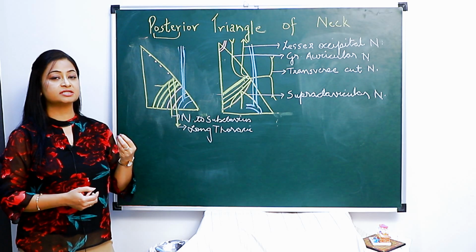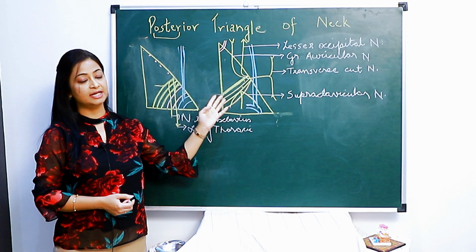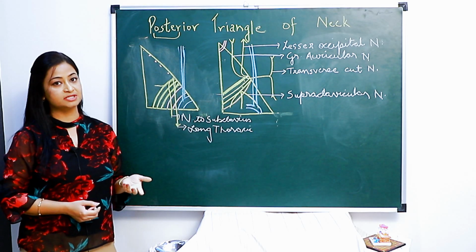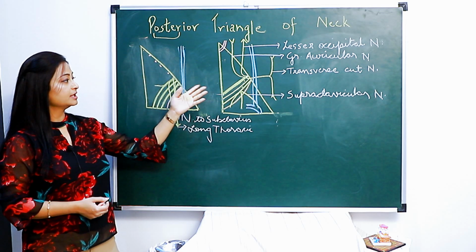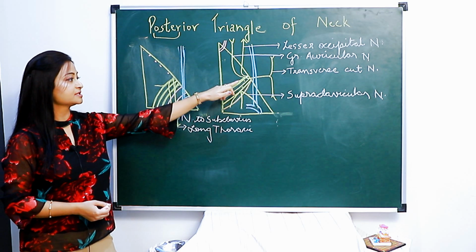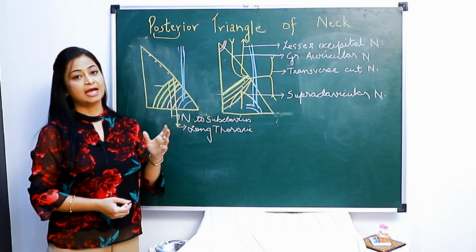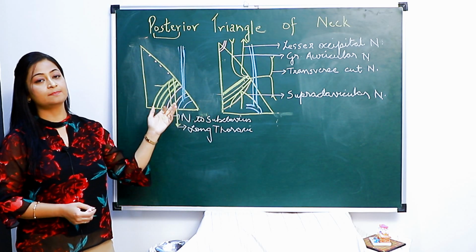So whenever the surgeon has to approach the posterior triangle of the neck for incision and drainage of any abscess, or for lymph node dissection, or if there is any stab wound in this region, the spinal accessory nerve is often injured, and the muscle that it supplies will be paralyzed,